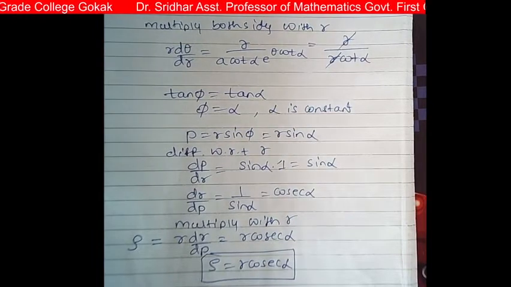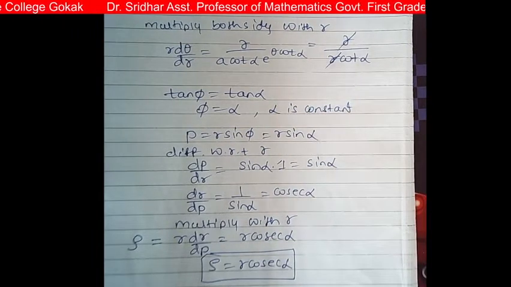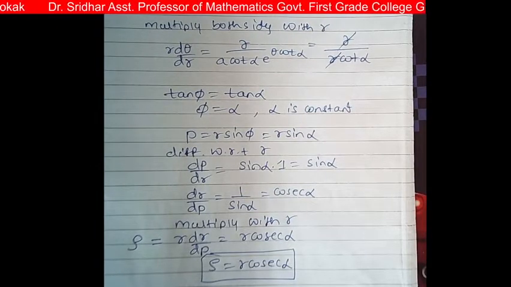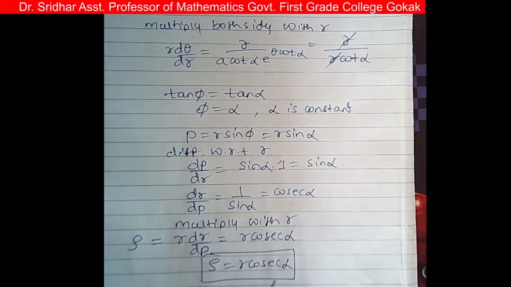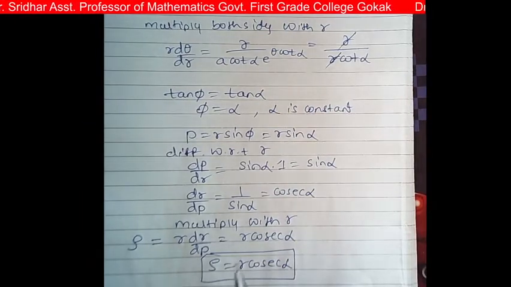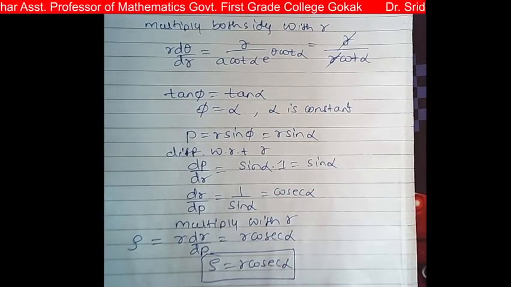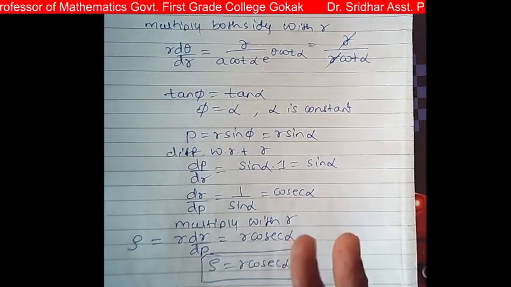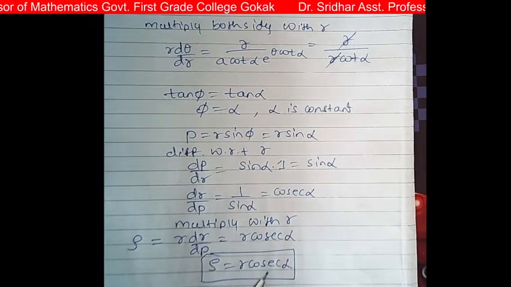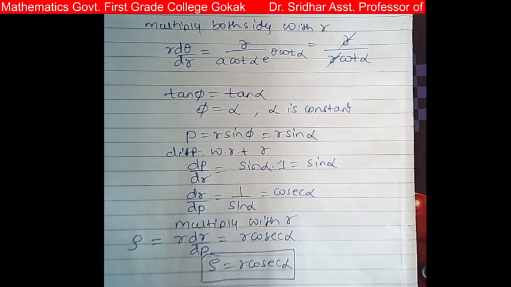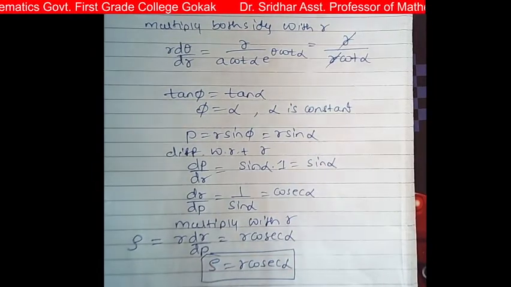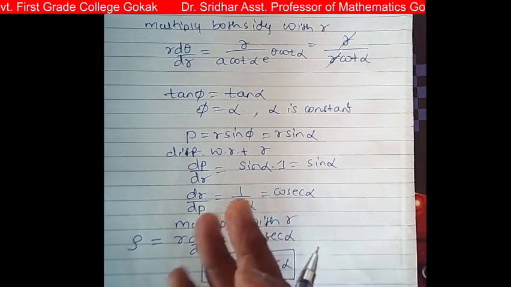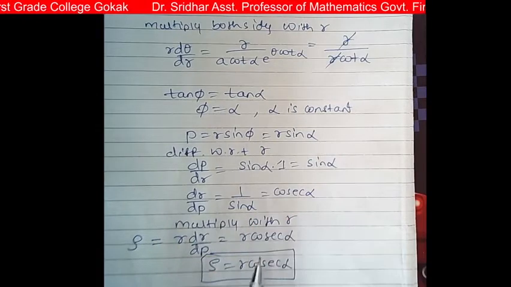Okay, so this is how the equations which are given in polar form have to be solved. In these problems we can solve polar curves for radius of curvature in parametric form, or we can solve in pedal form also. And we can solve radius of curvature which is given in parametric form.